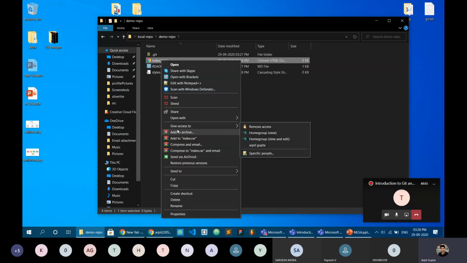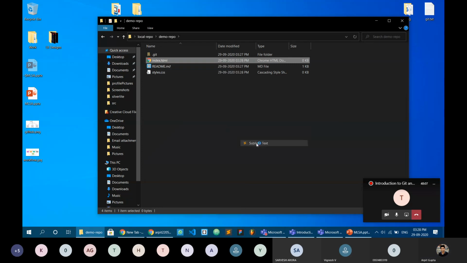Let's add some content to the index file so that you can relate much better. Let's create a basic HTML structure.